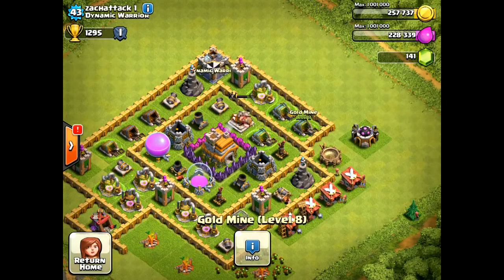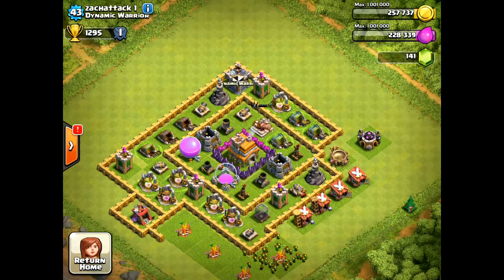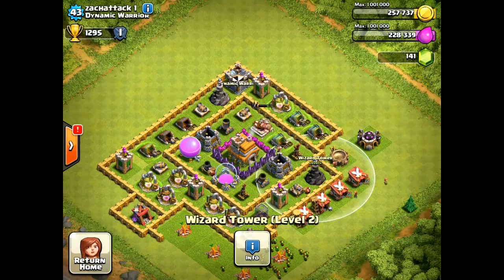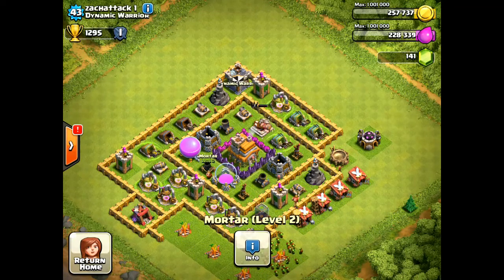Alright, now let's get into what to upgrade, if anything. Alright, so obviously your wizard towers need to be upgraded a couple more levels. So definitely want to work on that. I don't know how new of a Town Hall 7 you are, but that is something I need to work on. You're obviously upgrading this mortar to level 3, which they all need to be upgraded, but again, I don't